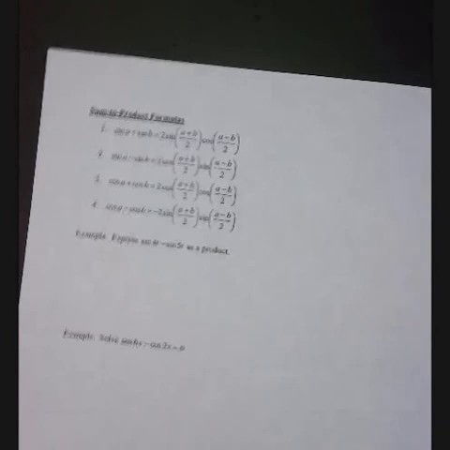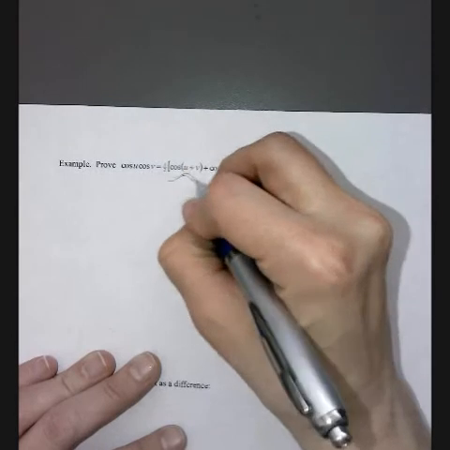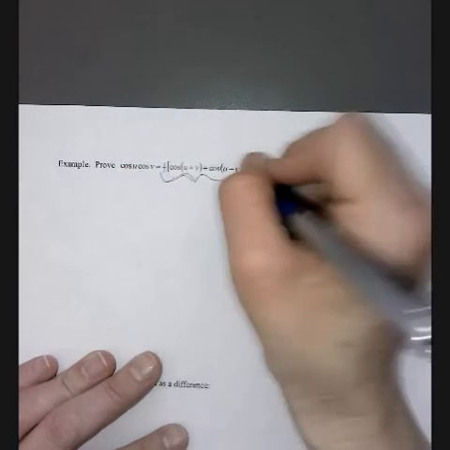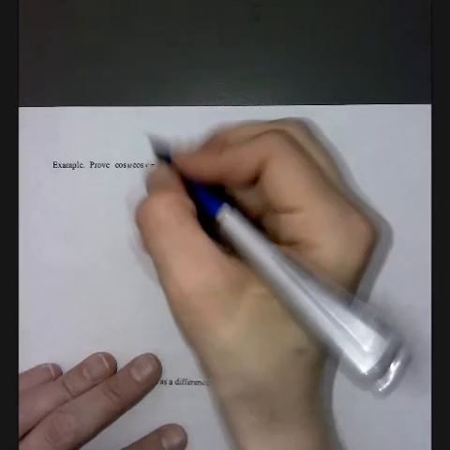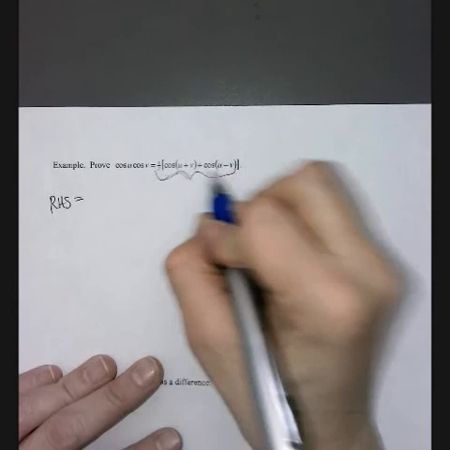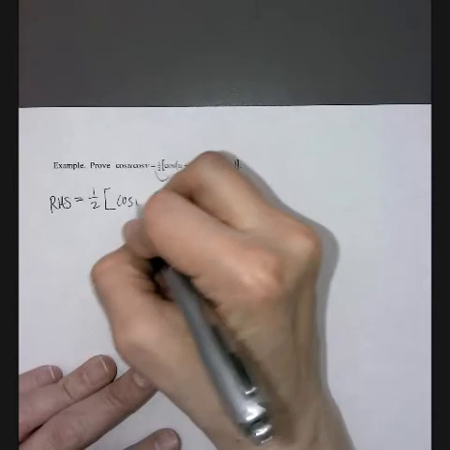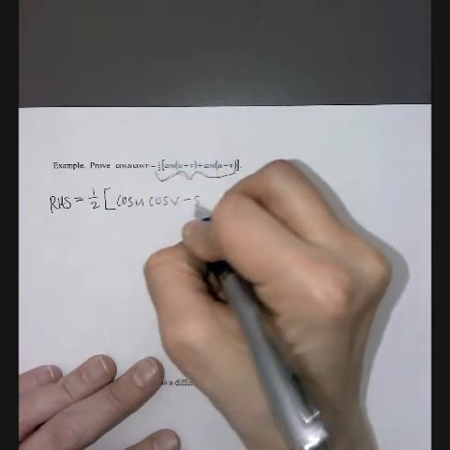We're going to prove the cosine formula. When you prove this, I'm going to switch to a pen. That pencil's dull. When you prove this, you want to start with this side because there's nothing really to do there. We don't know anything about that other than it equals this, but that's what we're trying to prove. So we're going to start with the right-hand side and use the sum formula for cosine and the difference formula for cosine. So 1/2 times cosine of u plus v is cosine u cosine v minus sine u sine v